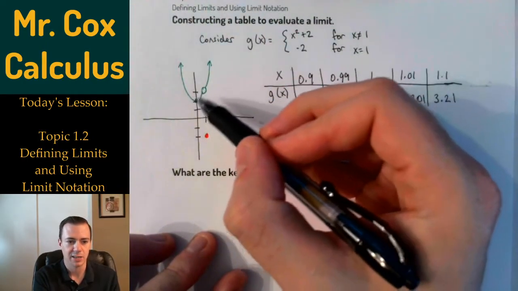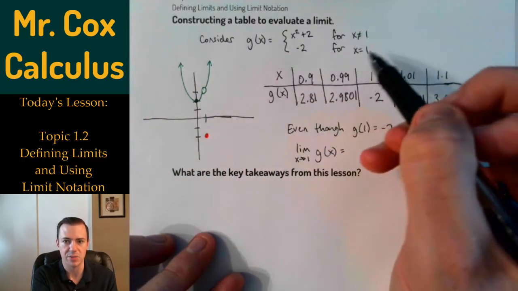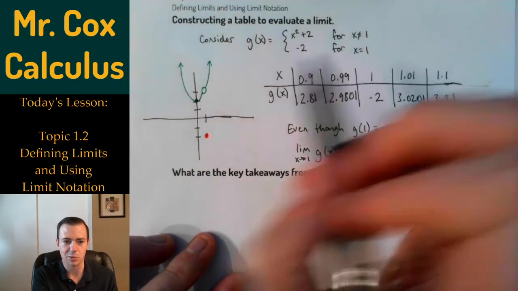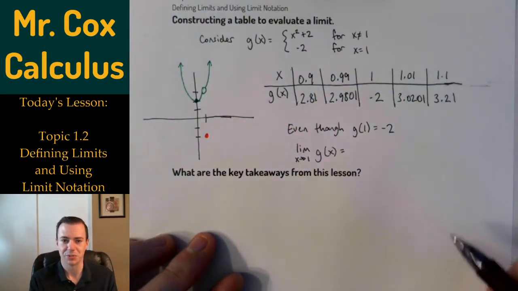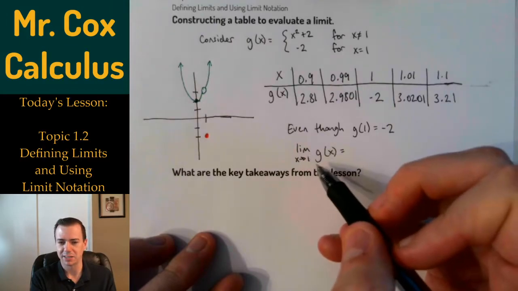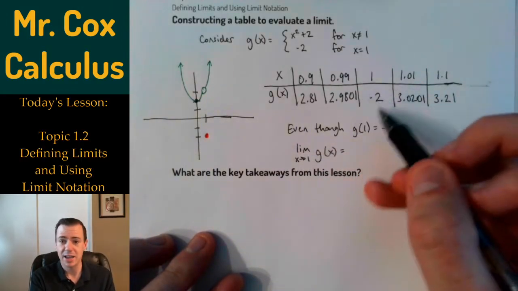And we understand what's happening here with this particular quadratic function. If I hadn't made this weird statement at x equals 1, as I get close to 1, the function is getting close to 3. And so the limit as x approaches 1 of g of x is not negative 2,